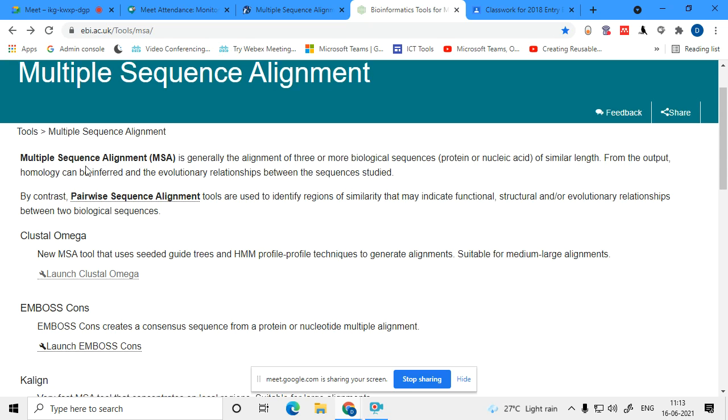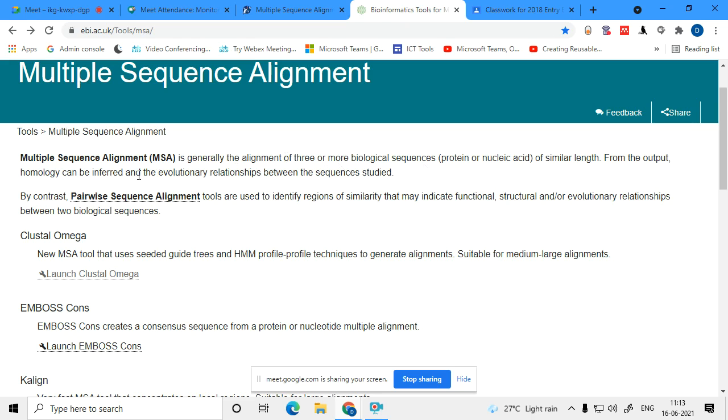Multiple sequence alignment is generally the alignment of 3 or more biological sequences. It can be protein, as the sequences we have seen, but you could use it for nucleic acids, DNA and RNA, as well.